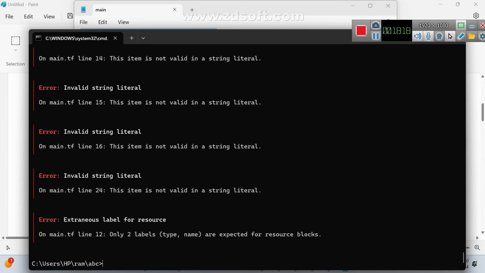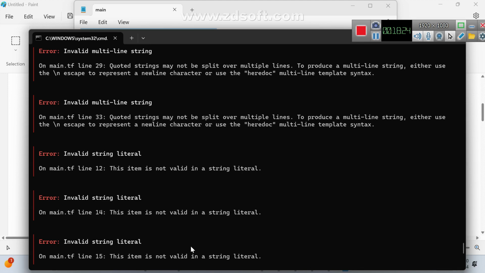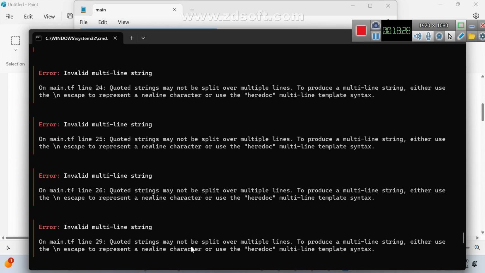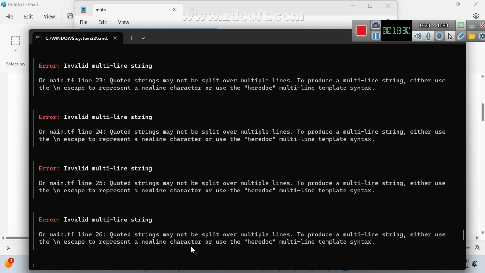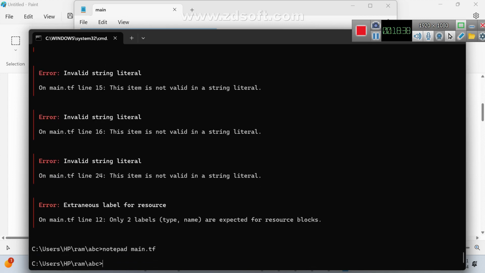Terraform init. Now you are getting similar types of errors. Invalid multi-line string, multiple errors. Invalid multi-line string, line 23, quoted string may not be specified over. Okay, something I identified.